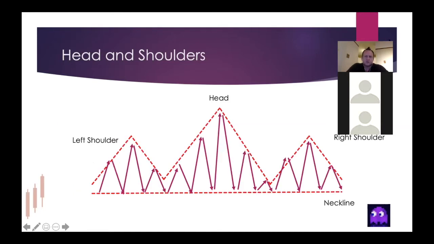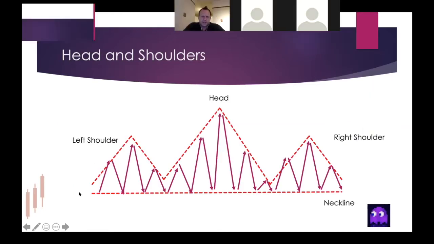Okay, so this is what it looks like, in terms of a diagram. So we see the price fluctuating back and forth here, forming a relative high right about here. This is what we call the left shoulder. We also have the head, where we see the market action is able to break higher than the left shoulder. However, we see later that the right shoulder, the relative high here, isn't quite able to exceed that of